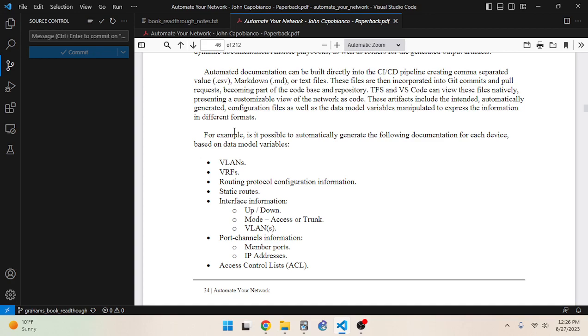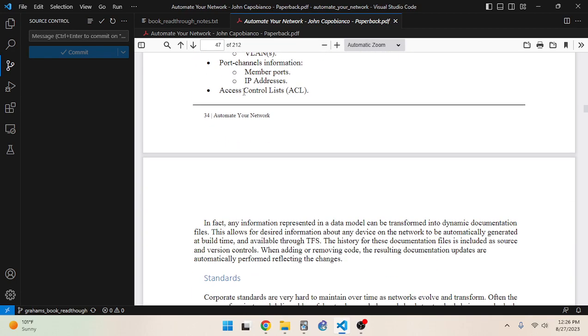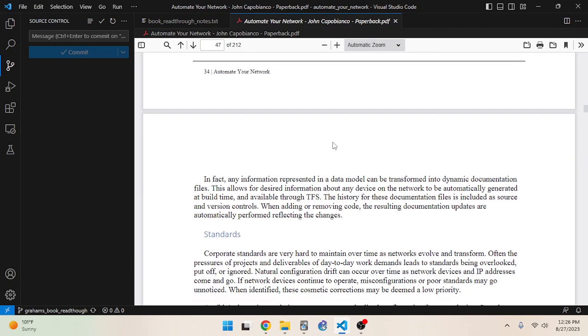The other thing is the mode, access or trunk. For example, the encapsulation if you have a sub-interface, so more VLAN information, port channel information, member ports, IP addresses, access control lists, ACLs. In fact, any information represented in a data model can be transformed into dynamic documentation files.